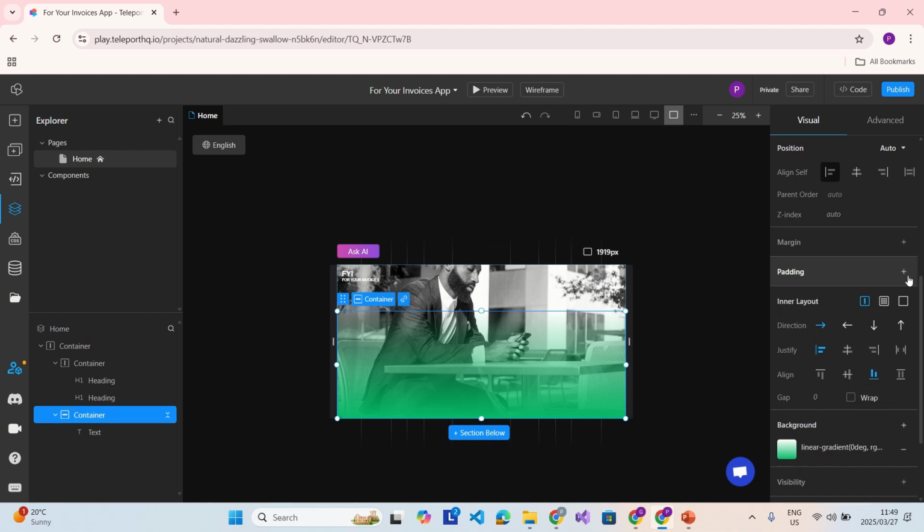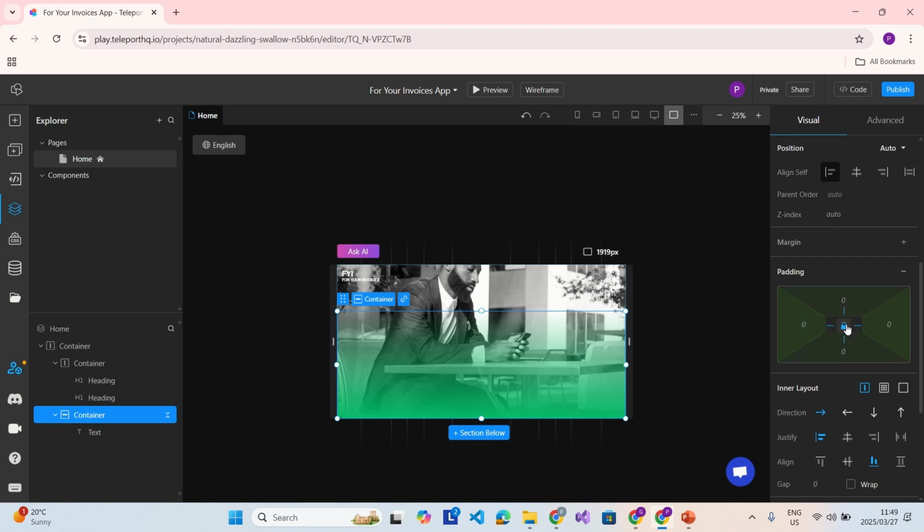And then the padding that I would like to have is the same padding that I have everywhere, which is 2 units. But for the bottom padding, I want it to be a little bit more because the text is very low. So I'll use maybe 64 pixels at the bottom,